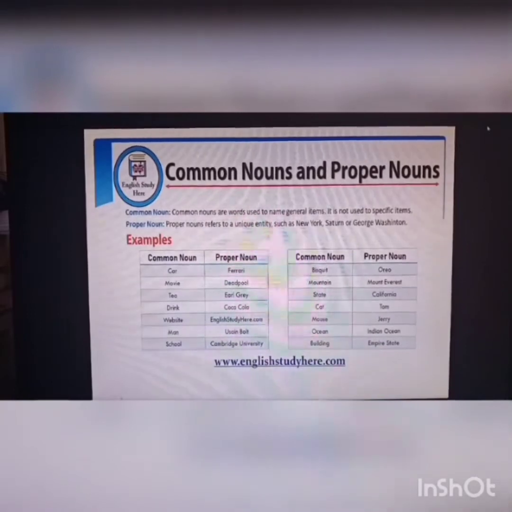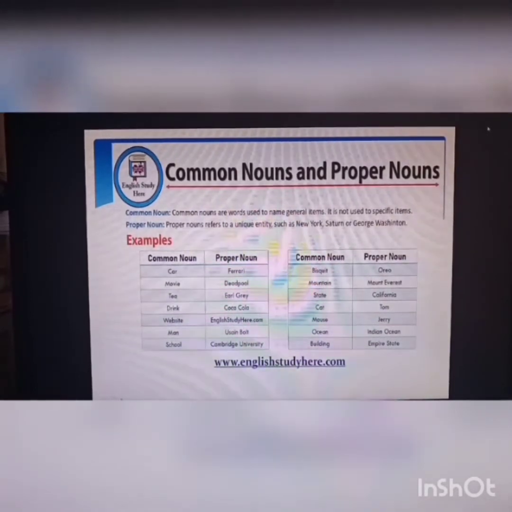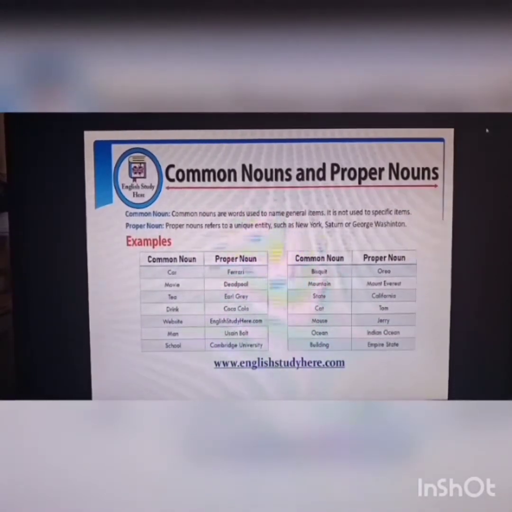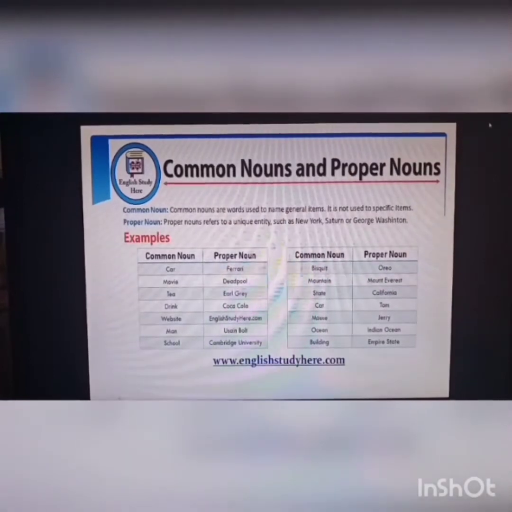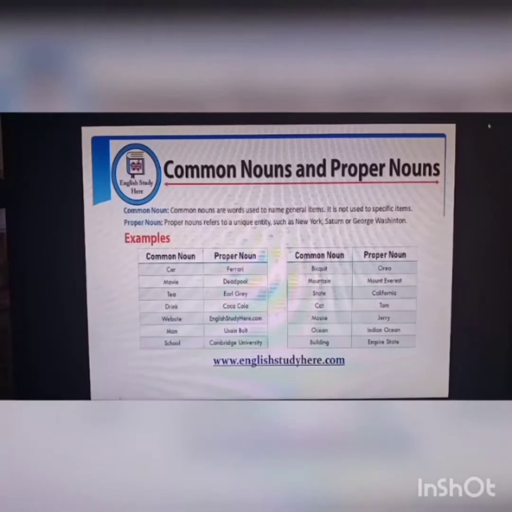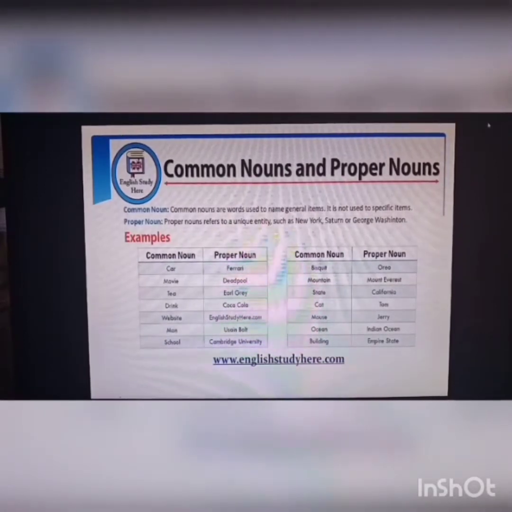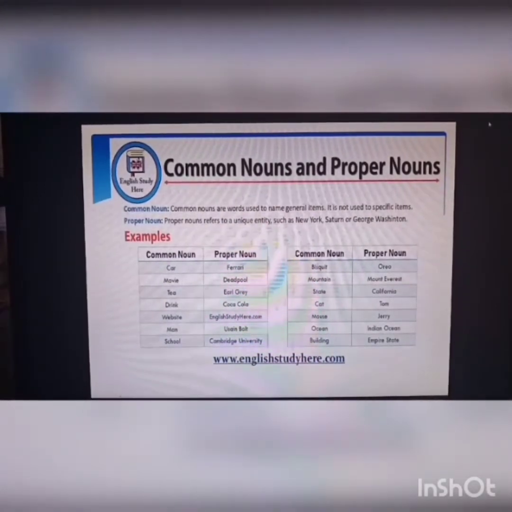Common nouns and proper nouns. Жалпы зат есім және жалқы зат есім. Common nouns are words used to name general items. They are not used for specific items. Proper nouns refer to a unique entity, such as New York or George Washington.